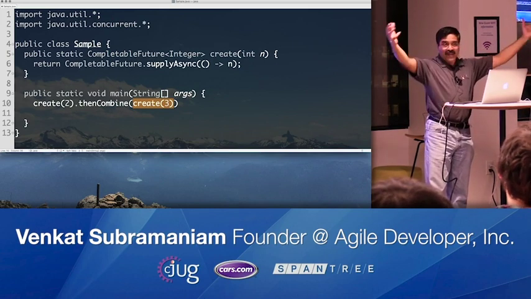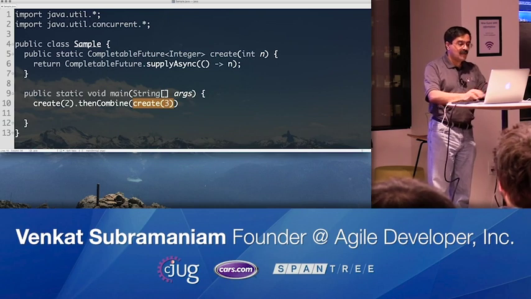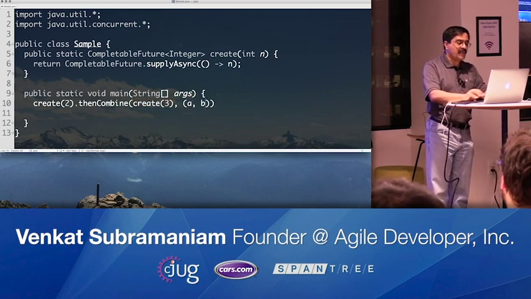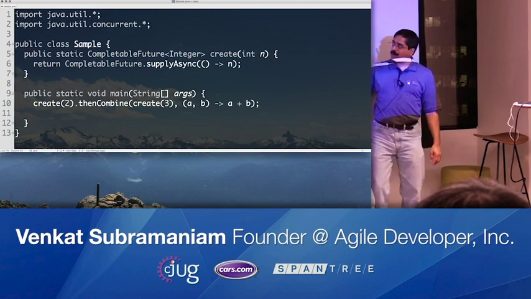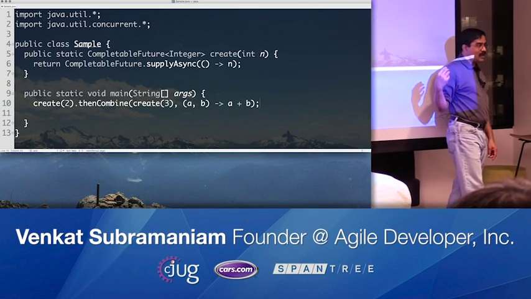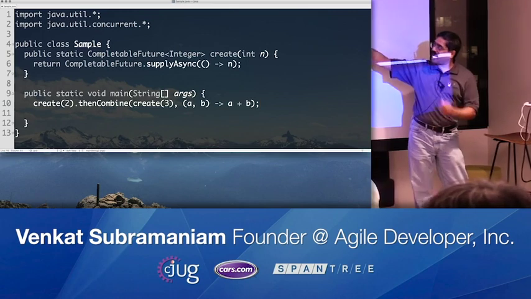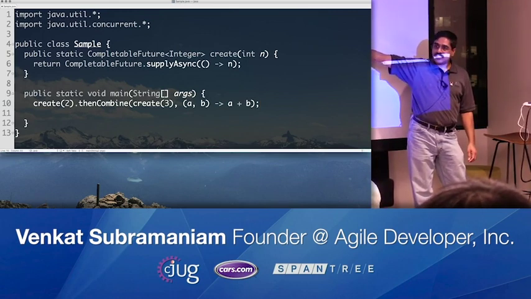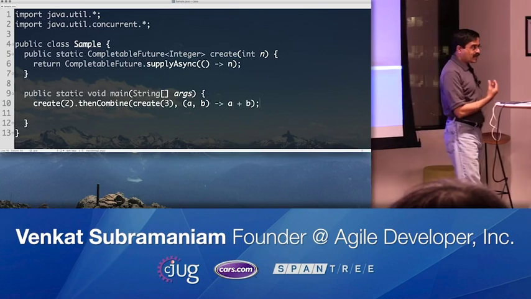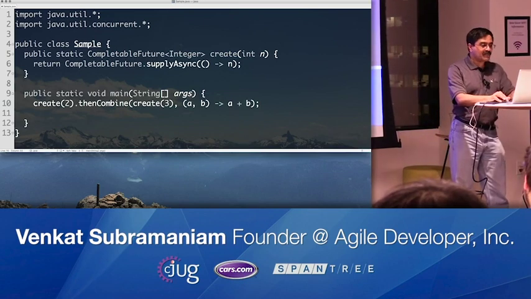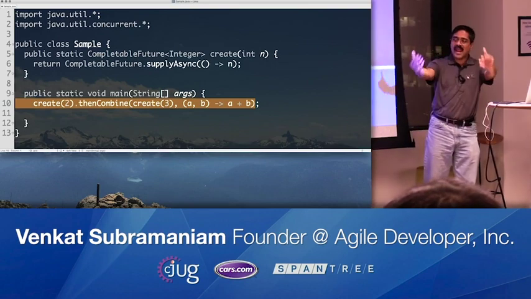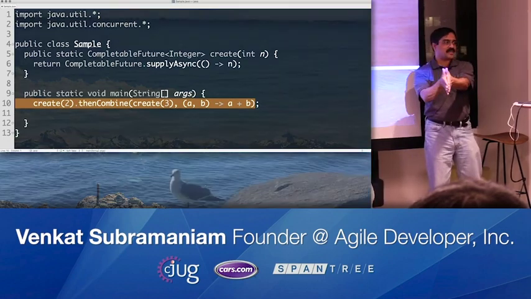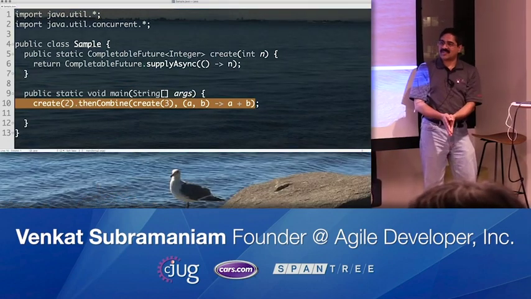When it comes back, whenever it does, when both of them arrive back, what am I going to do? I'm going to say A comma B, and in this case I'm going to return A plus B, and return that response. So notice how when both the values return, I'm going to take this action of taking the values A and B and adding them. Now obviously the question is, what's the return type of this? The return type of this itself is a CompletableFuture, because you have taken two asynchronous works, and the result of asynchronous work coming together is also asynchronous, isn't it?